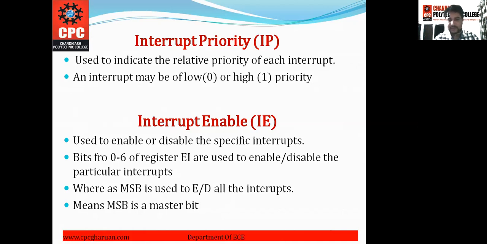MSB is the master bit, the leftmost bit in the 8-bit format.